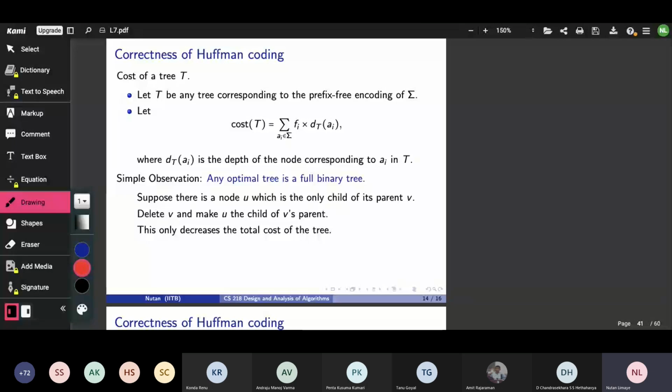All right. So with this in mind that we are dealing with full binary trees, because anyway we want to talk about optimal encodings, we can as well assume that the trees we are looking at are complete. All right. So what I'm going to say is the correctness argument, or the optimality argument, we can break down into two small statements. Each is reasonably easy to prove.